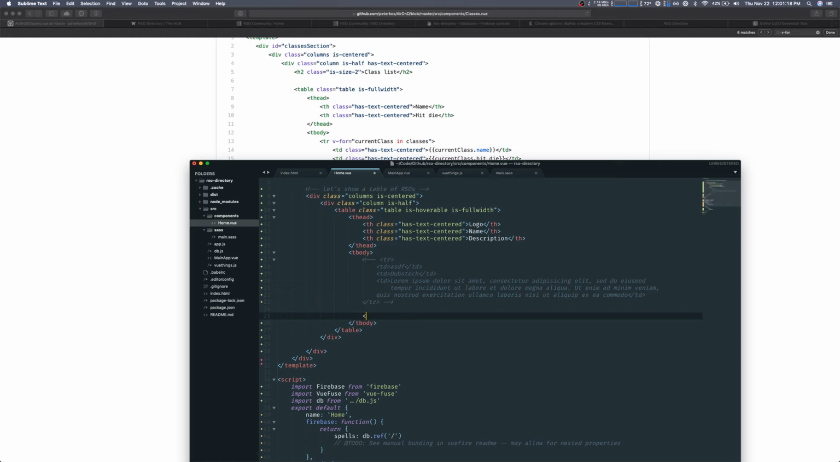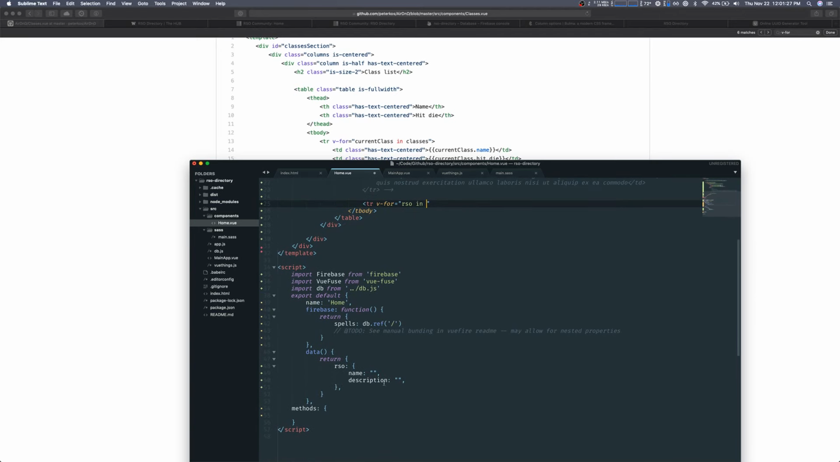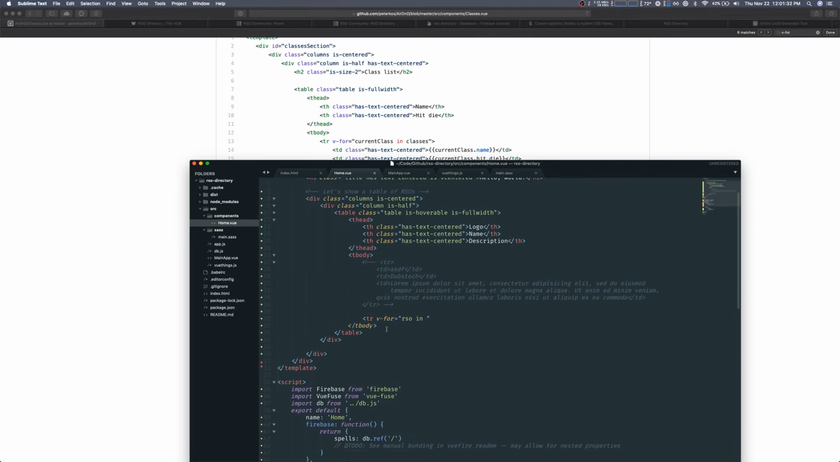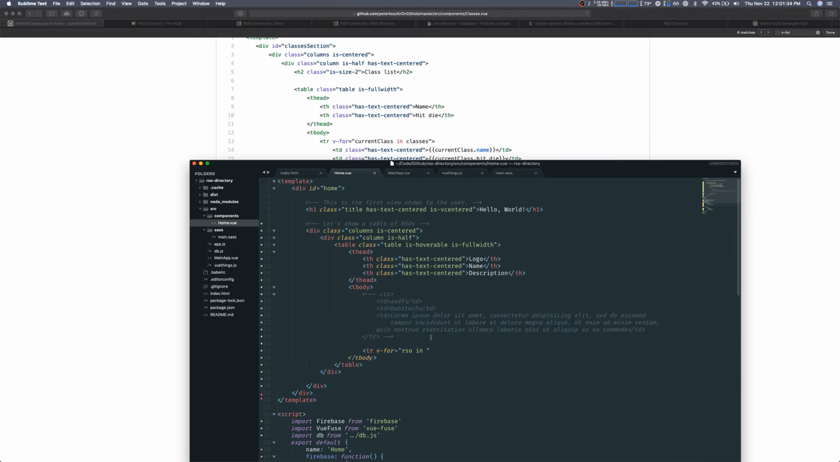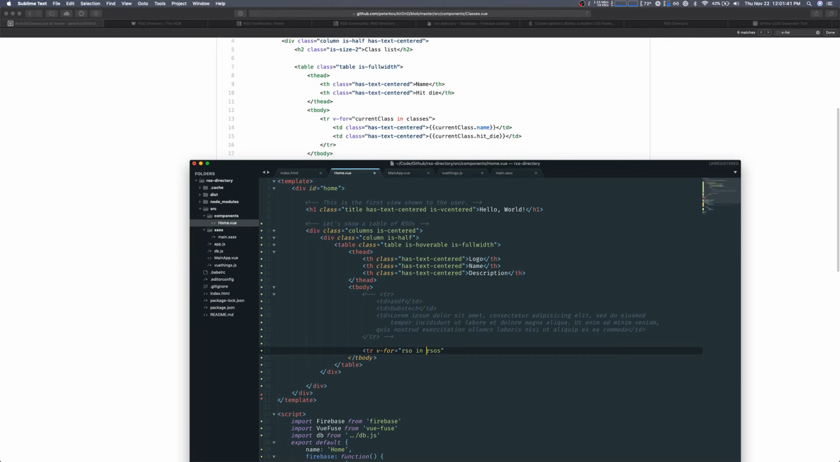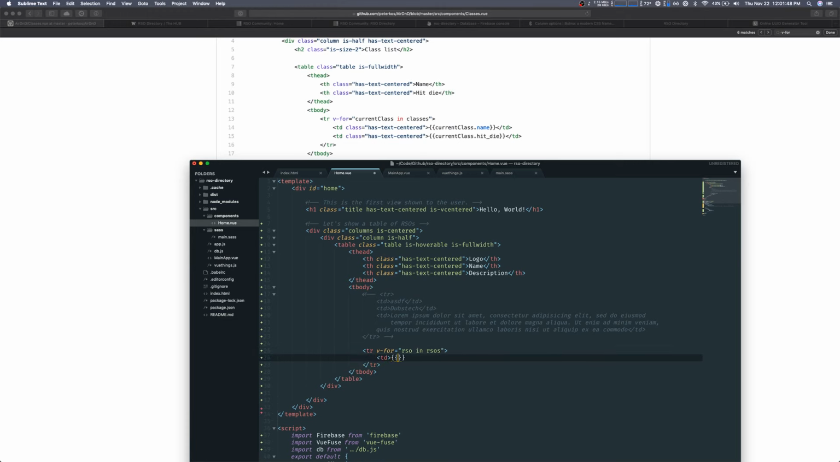We could do tr v4, and then we'll do RSO in, what did I call it? RSOs. For RSO, the naming sucks because it's like an acronym. RSOs. And then, is that it? And then we could just do td, and then RSO.name,